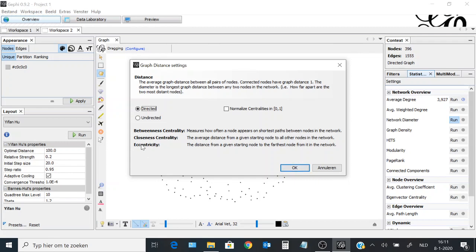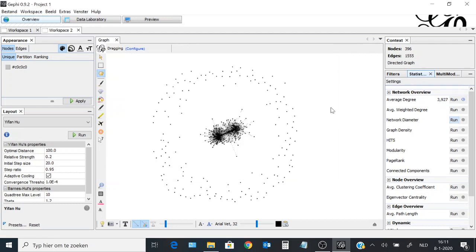Here you have yet another type of centrality that you can forget for now, but that you could also compute for a directed network, but we won't do that for now. We just stick with the degree. You can see on average there are 4 citations between any 2 individuals in a network. And so, okay, you've got an idea about the important structural messages in this network, and then